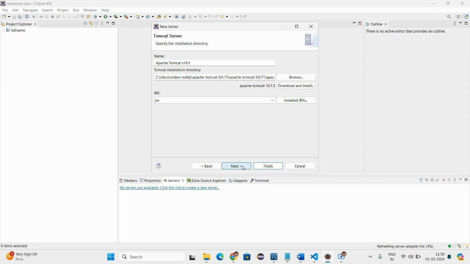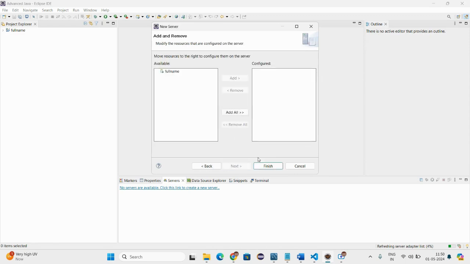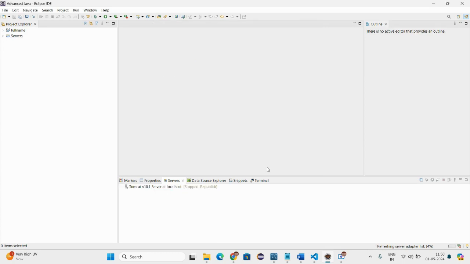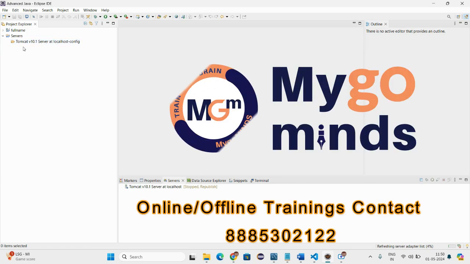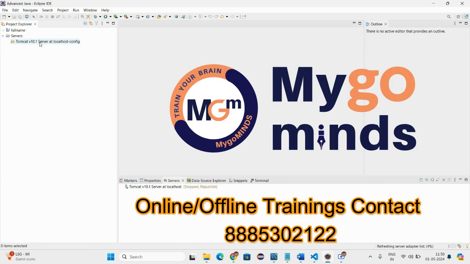So after selecting the path we need to click on next. And click on finish. So here, see, now we have configured our Tomcat server to the Eclipse IDE. So we'll be getting a folder here. We'll be using the current version of our Tomcat, which is 10, and then